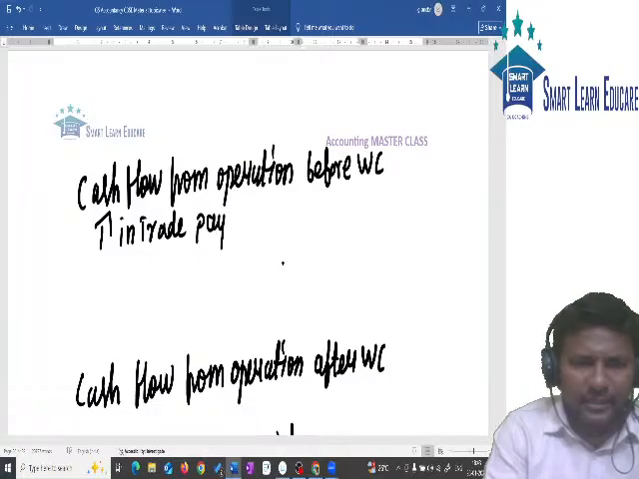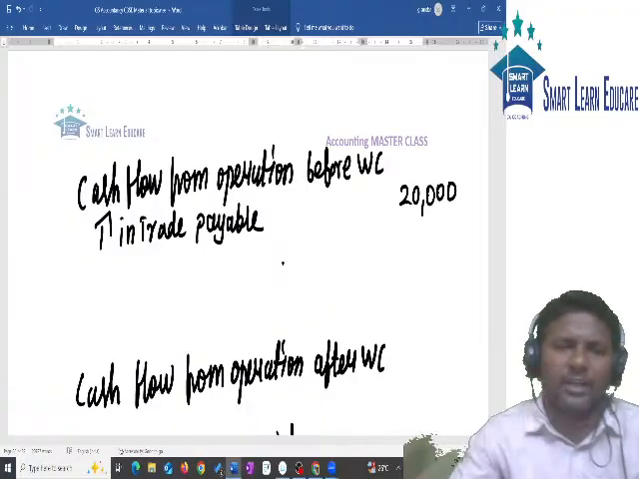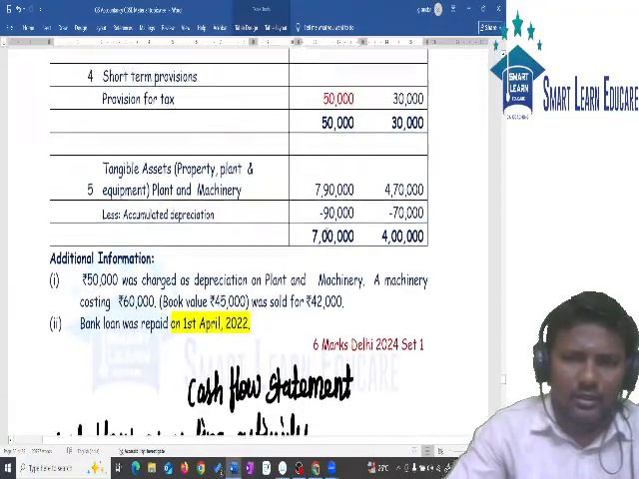Increase in trade payable, it is 20,000. Inflow of cash plus 20, so we have to write it as it is. Next,